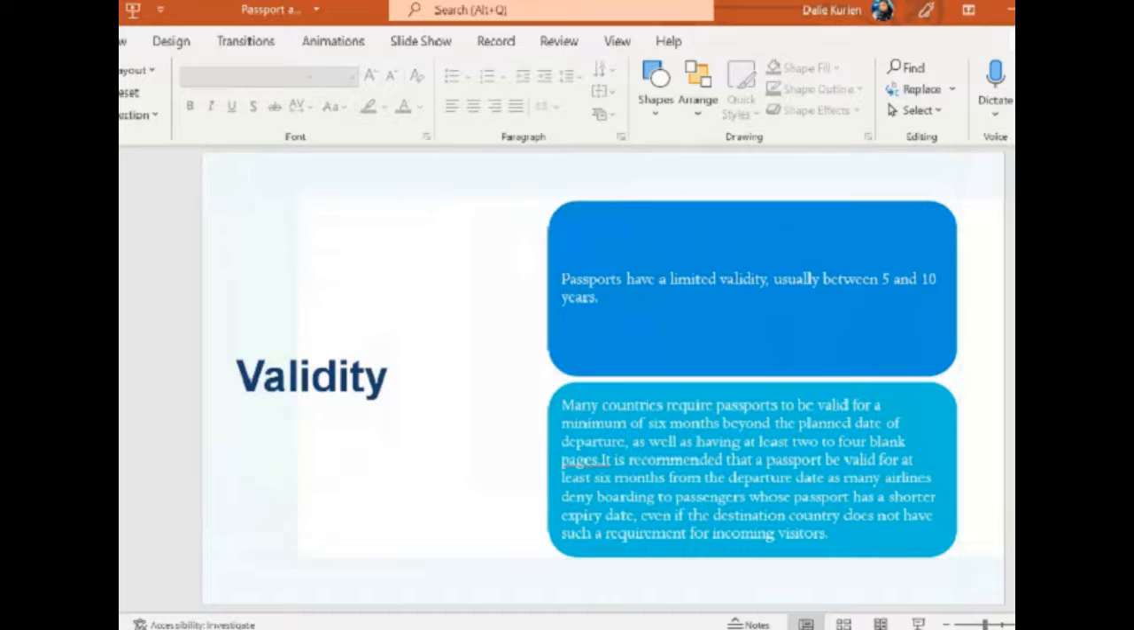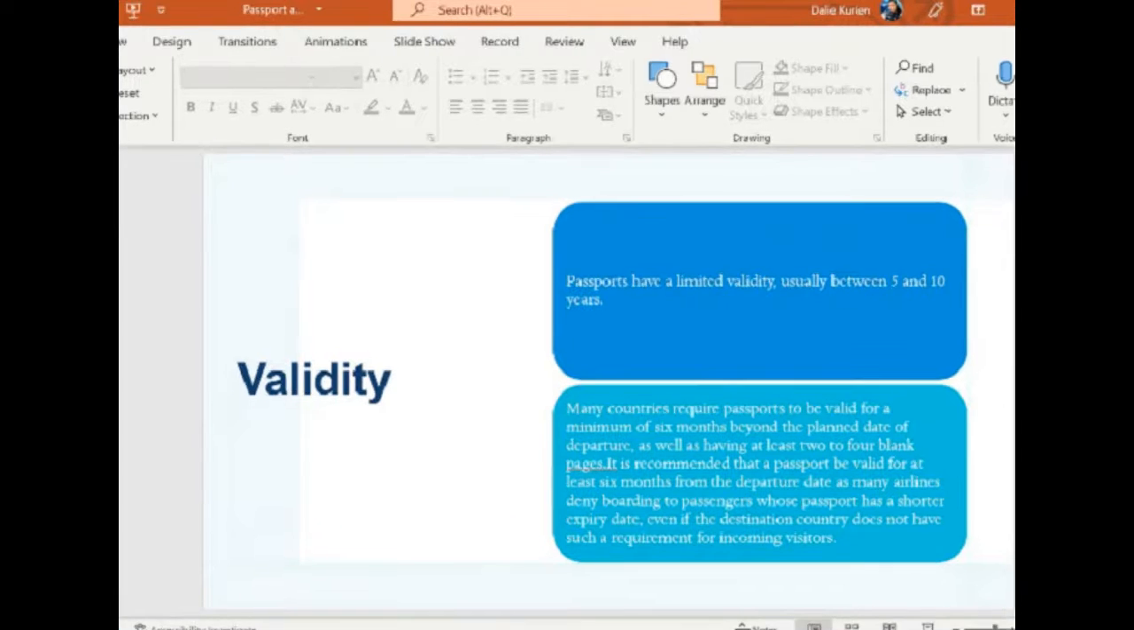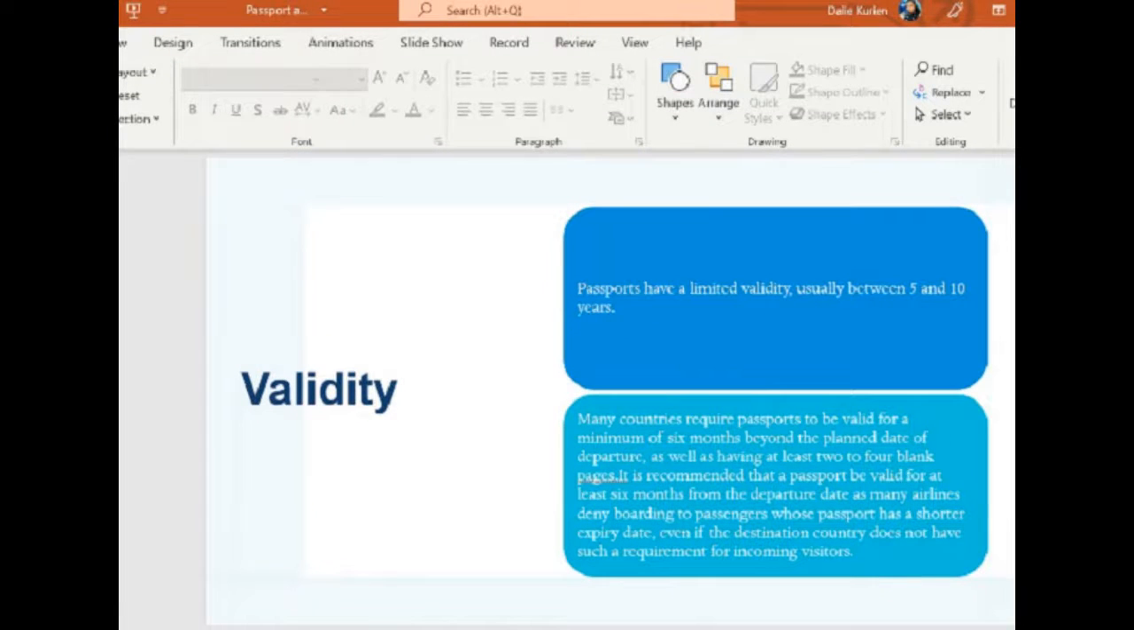Now, what is the validity? Passports have a limited validity, usually between 5 and 10 years. Usually it is 10 years, not 5 years too. They give it for 10 years. Now, many countries require a passport to be valid for a minimum of 6 months beyond the planned date of departure, as well as having at least two to four blank pages. It is recommended that the passport be valid for at least 6 months from the departure date, as many airlines deny boarding to